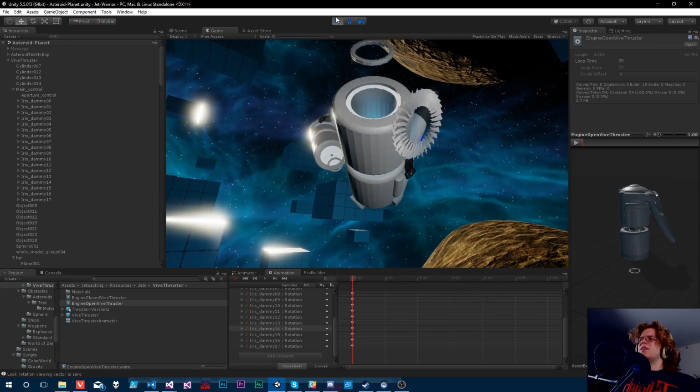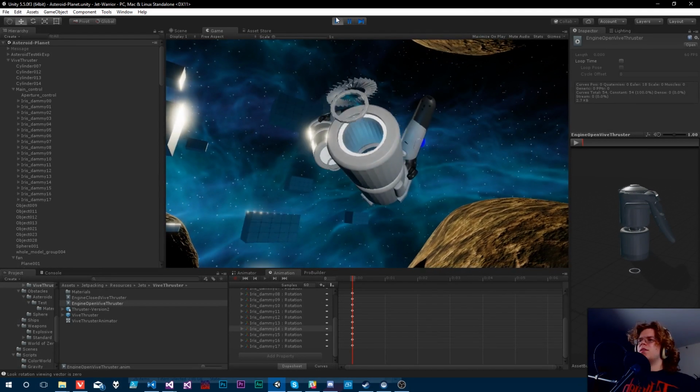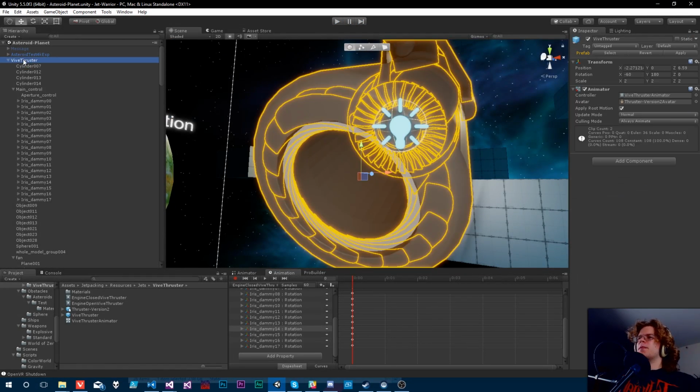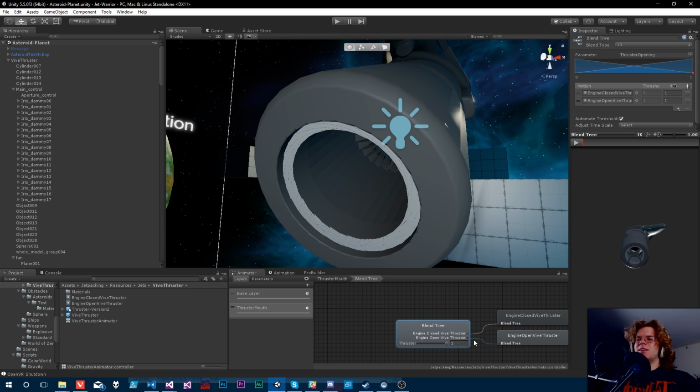Oh no. Now they're both open? The hell? Oh, damn it. Closed. -35. That's correct. That is the correct value. Open. It's 0. I don't know what's going on. And this works. So if that's working,